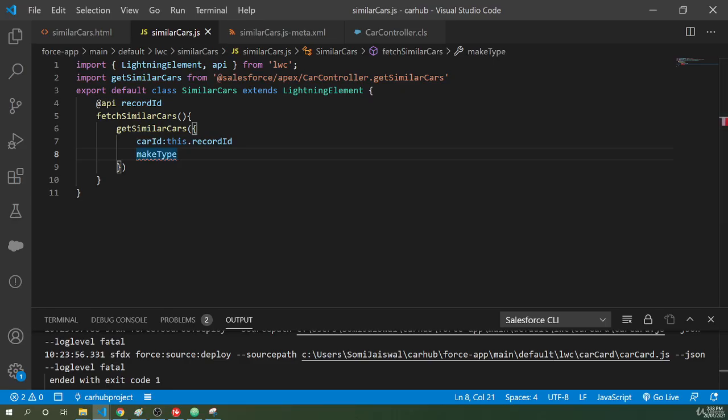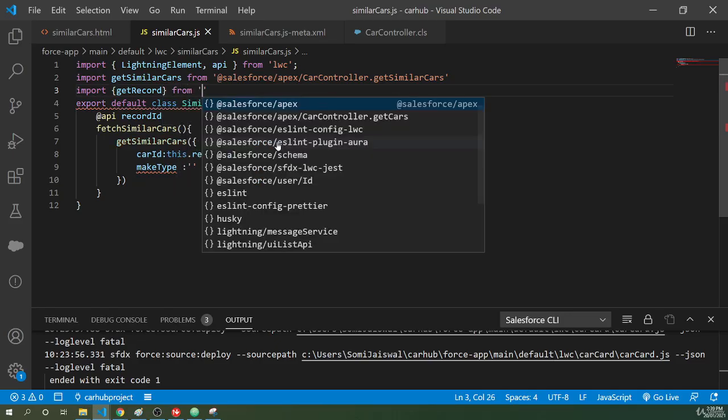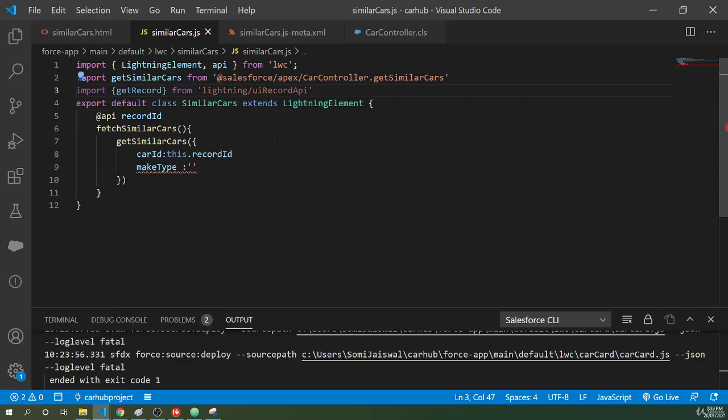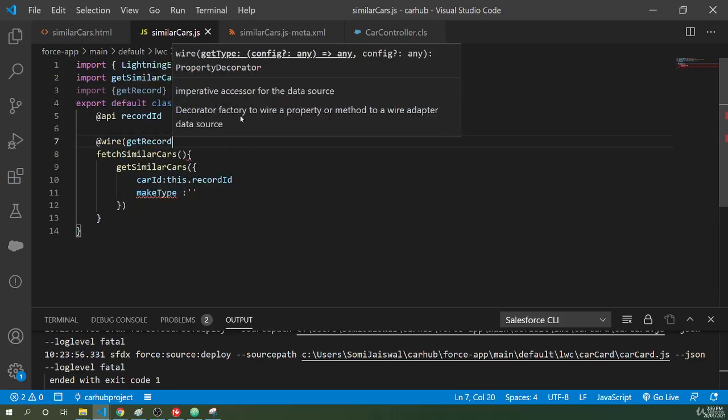And the second thing that we want to pass is the make type, and for that we have to fetch the make type using the getRecord adapter. So for the time being we'll keep it an empty string, and let's go and import the getRecord, which is an adapter, not a method. getRecord from lightning/uiRecordApi, and we have to call this getRecord first. So we'll say @wire and call this adapter,